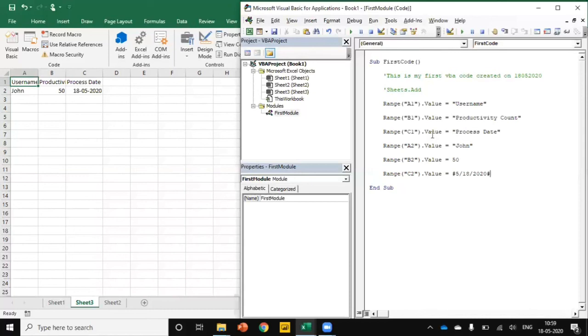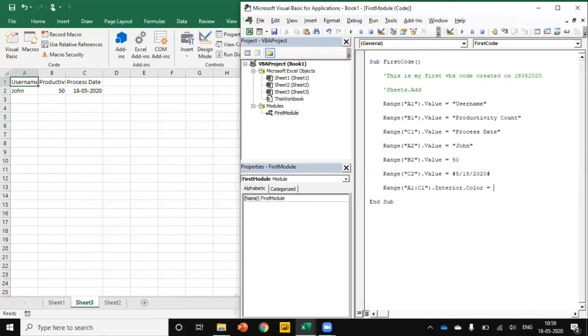Now we have used methods. Now I'm going to use a property. So how do we use the property then? Just add a Range. This time I'm going to add a multiple range, A1 to C1 dot Interior dot Color equal to. Now I'm going to use some color over here. How do we select the color in VBA?